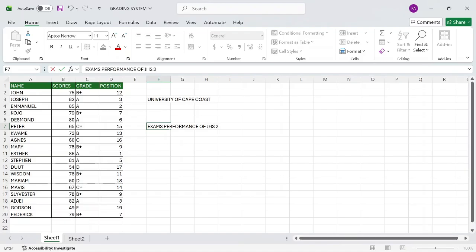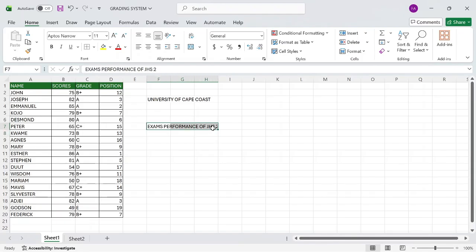So this is my description, and I want to wrap text. I want this exam performance of GHS 2 to wrap onto multiple vertical lines. So what I'm going to do, I will select it,